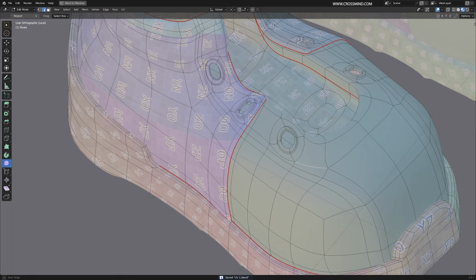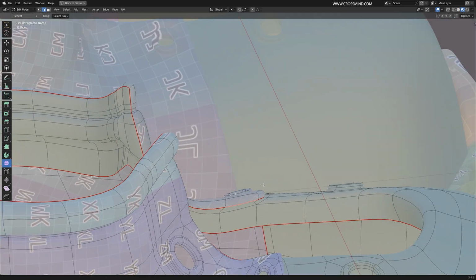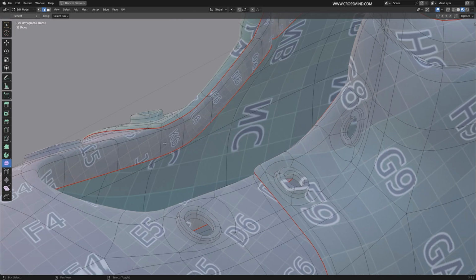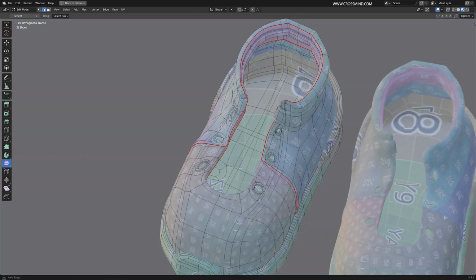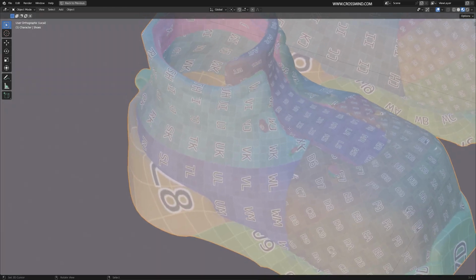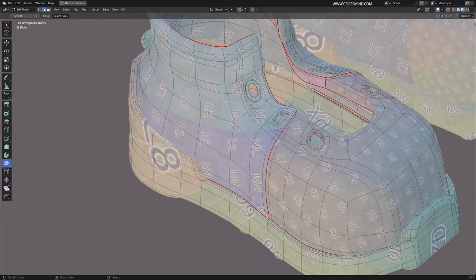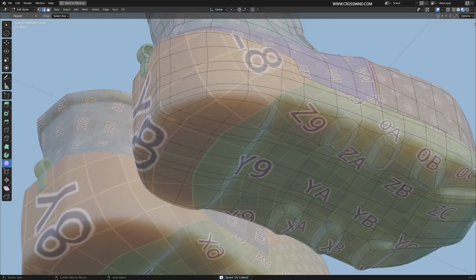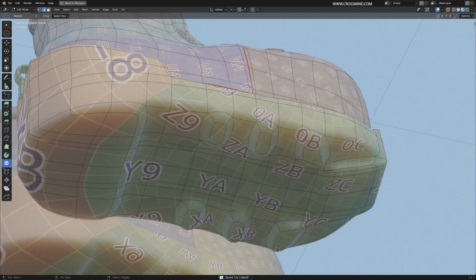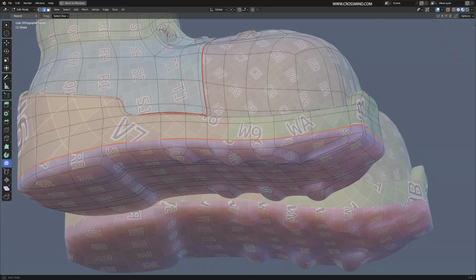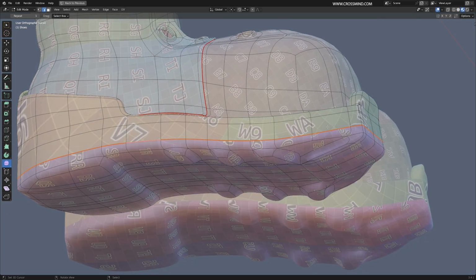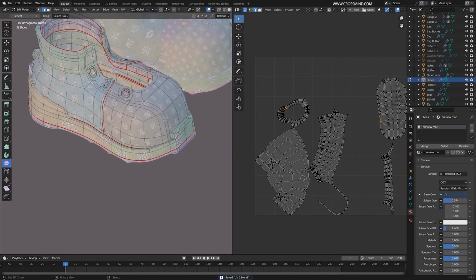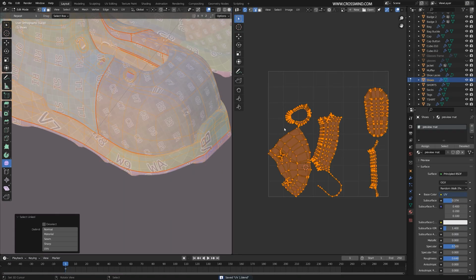I'm pressing L to select all the linked faces till the seam, but it's not selecting the entire patch. So these two edges were not meeting, and because of that, front island was not opening up properly in UVs. Seems like there's a bit of stretching going on. What I'm thinking is separate out this bottom part. Let's look at the UVs. Let's see what's going on here.